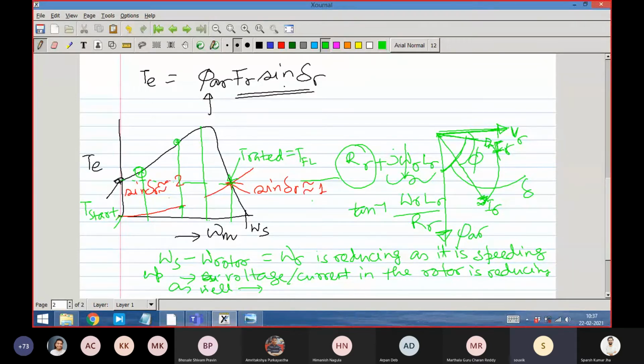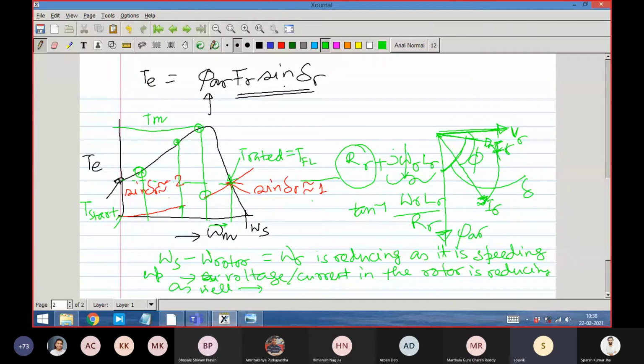We will show that, because it is given from a constant supply. It is not that it can develop any infinite torque, but that is also common sense. Given a limited supply, it will not go beyond a certain value of peak torque. That is called maximum torque. It cannot go beyond. But still the torque developed is more than the load torque, so it will still accelerate. Speed will still continue to increase.